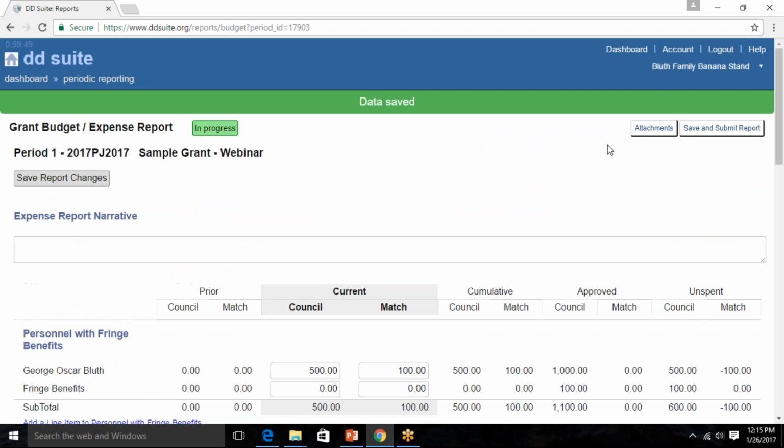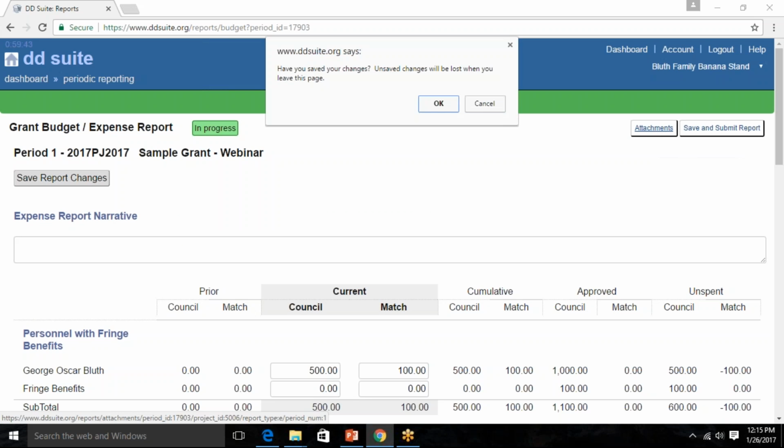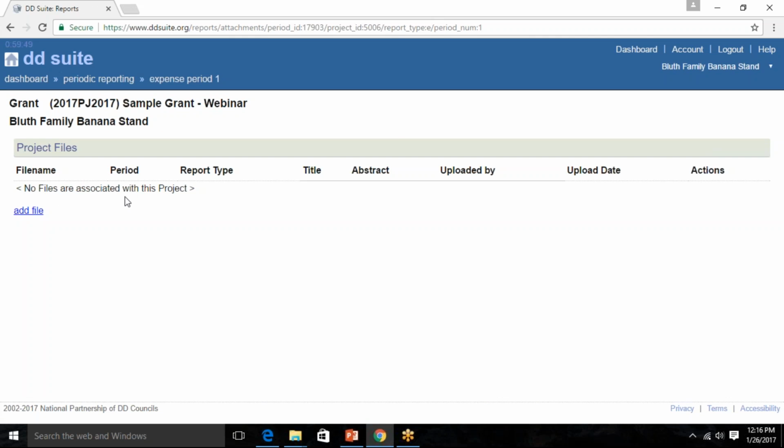You will see that I'm also able to add attachments to the expense report. I'm going to click that, and it's going to ask me, did you save your changes? So if I entered information in the fields, but I forgot to hit Save Report Changes, and I go to add attachments, all the information that I entered here is going to be lost. All right, so I hit OK here, and now it's going to take me to a screen where I can